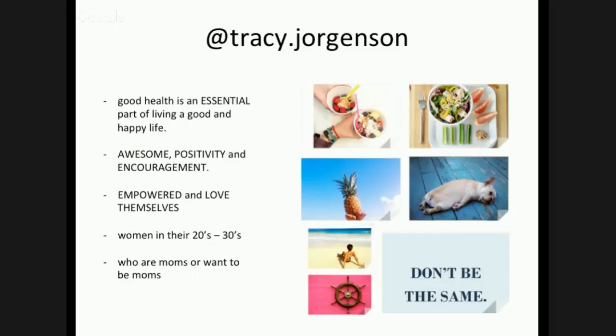Pictures of nice, clean pictures of food. If you're going to include pictures of food on your Instagram, you need to do your research. You need to find tutorials and guides and look at a lot of food photos so that you really know what's a good food photo, because there are a lot of food photos on Instagram and people know when they don't have good lighting, when they're